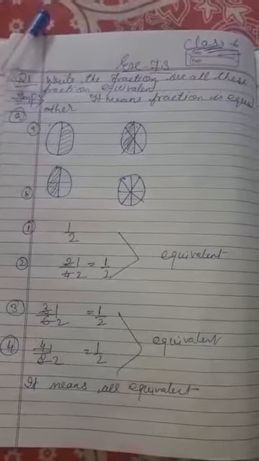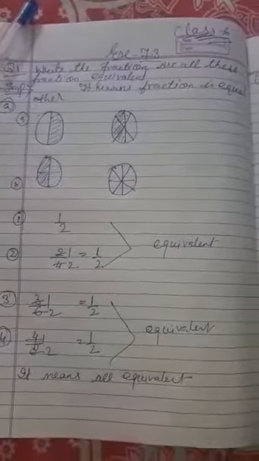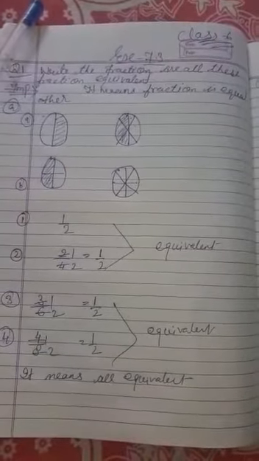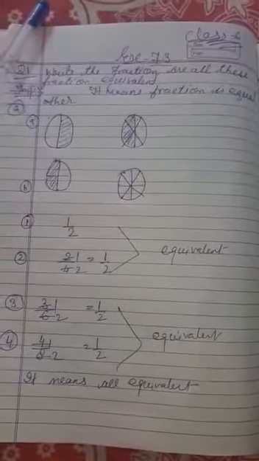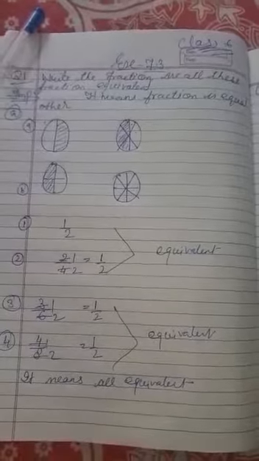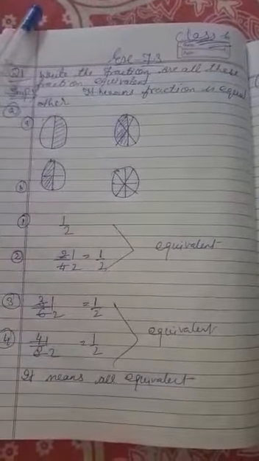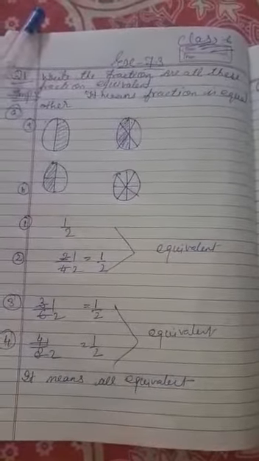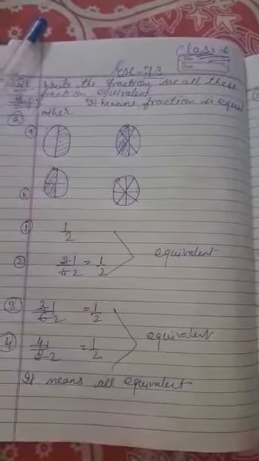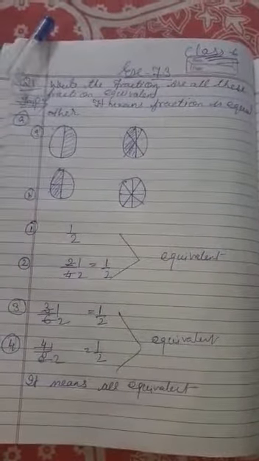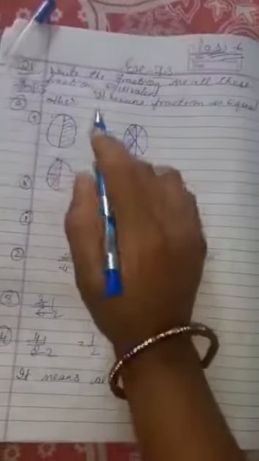In the previous class, you learned about fractions. Okay? Do you know the meaning very well? Fractions, na? It means they are equal to each other. Fractions are equivalent. So, the first question is